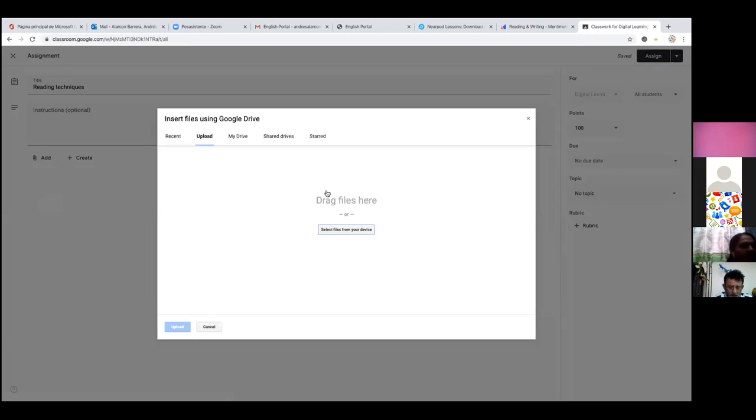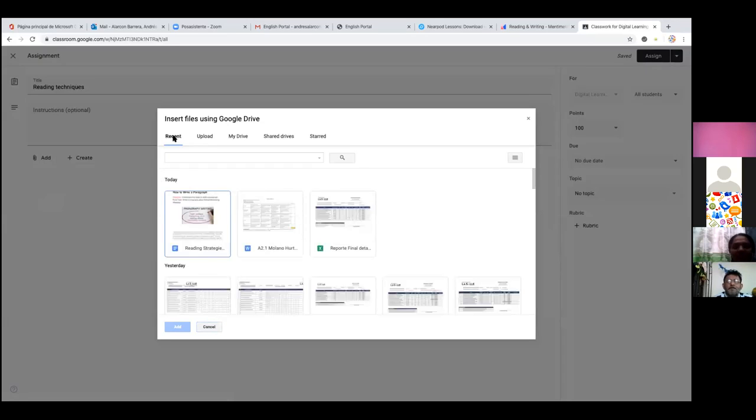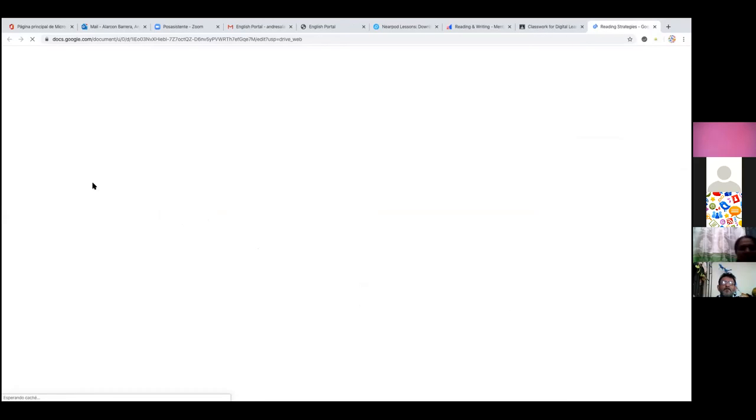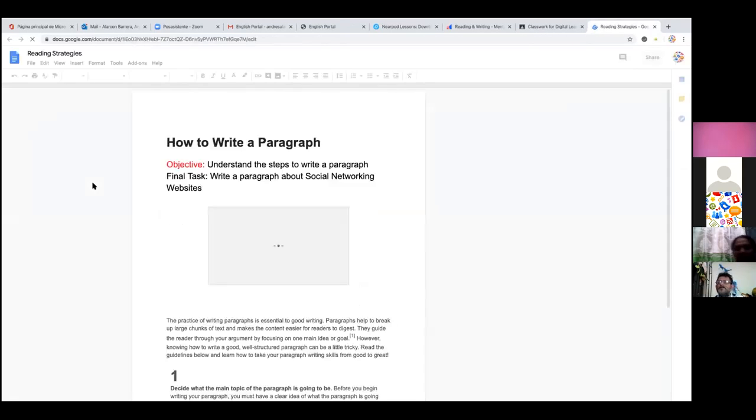You can upload them here. You can use some documents that you used recently. For example, this one that we were using before, the reading strategies document. So you can upload it here. The students are going to find it, and they're going to get access to that document, and they can actually